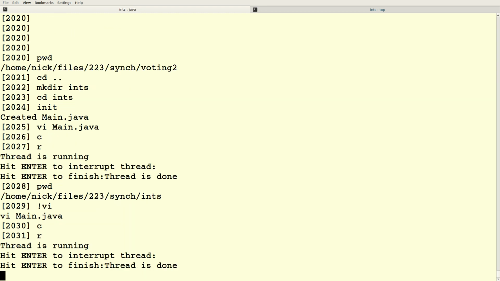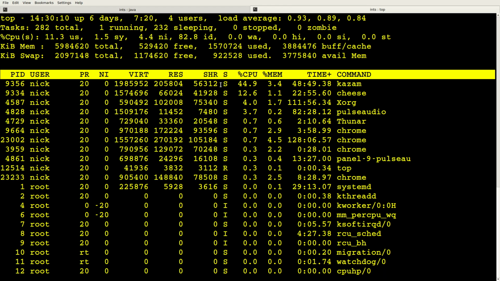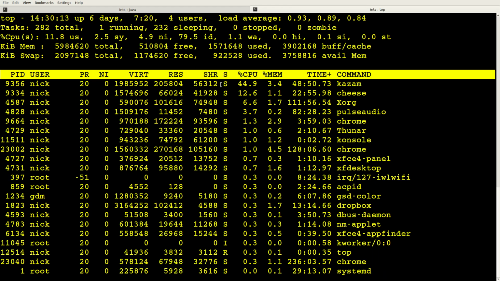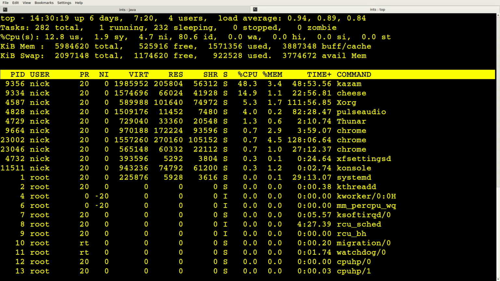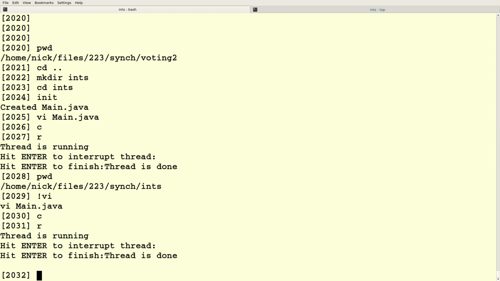Alright, hit enter to interrupt thread. So it says hit enter to finish, and the thread is done, and now it's waiting for me to hit enter. And now if I look at my resource consumption, Java's not even showing up. Right, that's Kazam on top, taking all the CPU time. So I can hit enter and that exits.